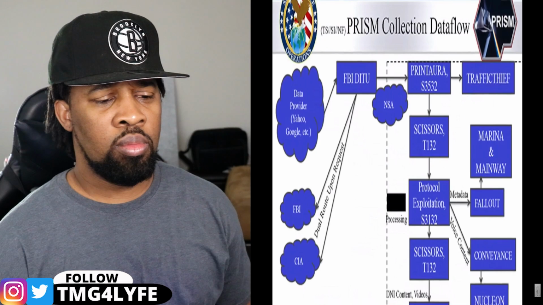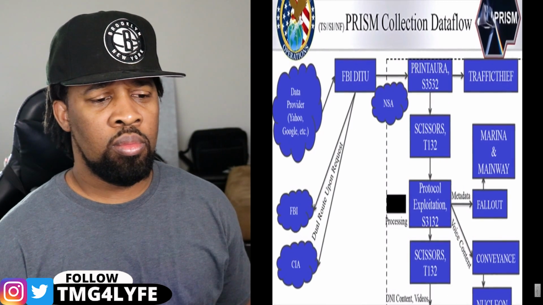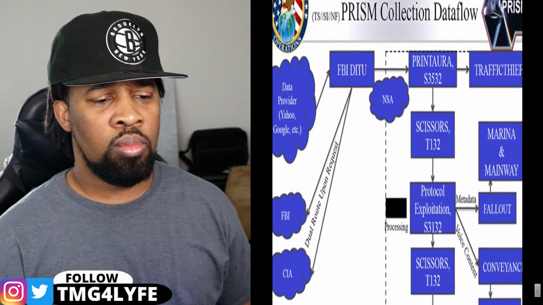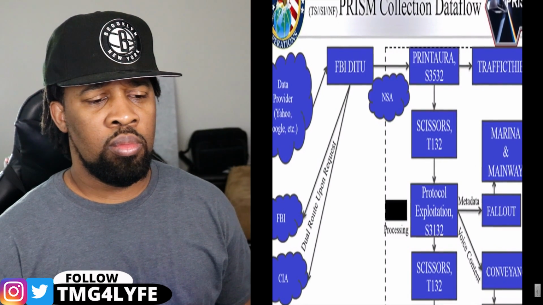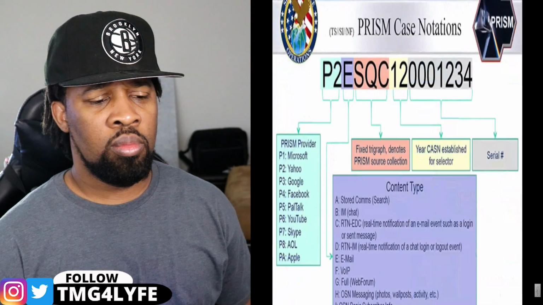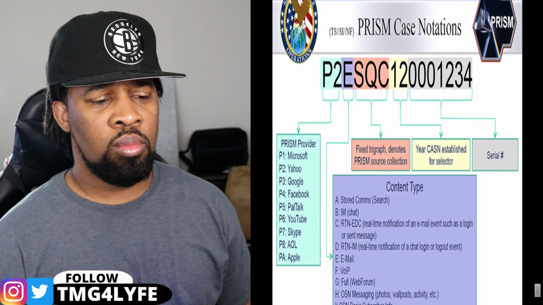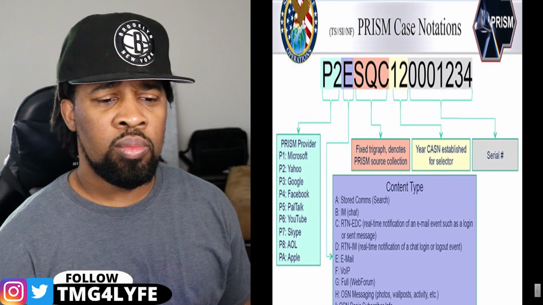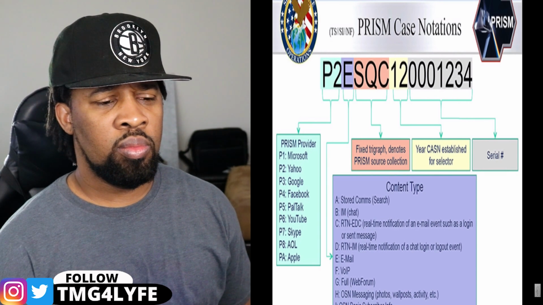Facebook, while denying being part of PRISM and giving direct access to the NSA, released data regarding all national security requests in a bid to be more open. The company stated that for 6 months, ending December 31st, 2012, the total number of user data requests Facebook received from any and all government entities in the US was between 9,000 and 10,000.